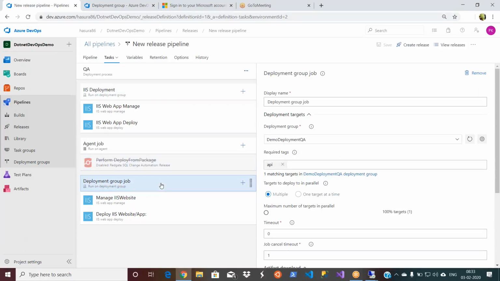And when this job runs, it will deploy only the API project to the API server. We will see that. And for that, let's create some small change to our UI so that you will understand that. Because for the existing one, you need to see some difference. For the new thing, anyway, API demo is an empty server.